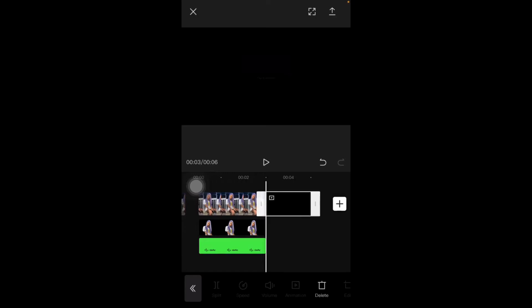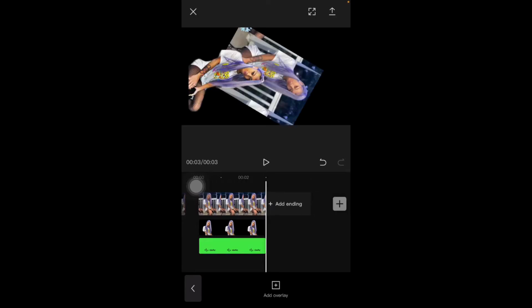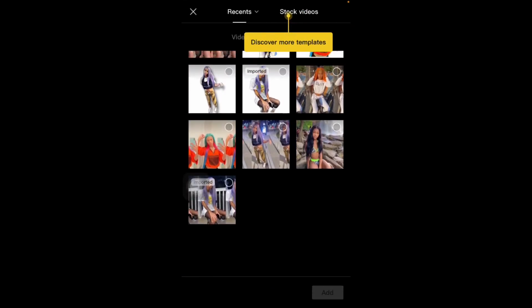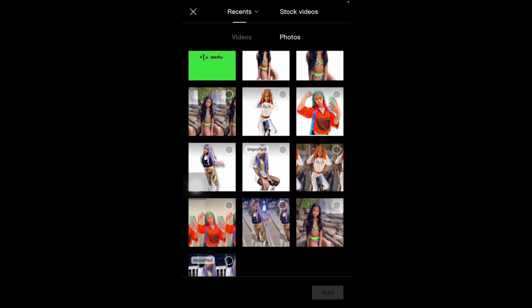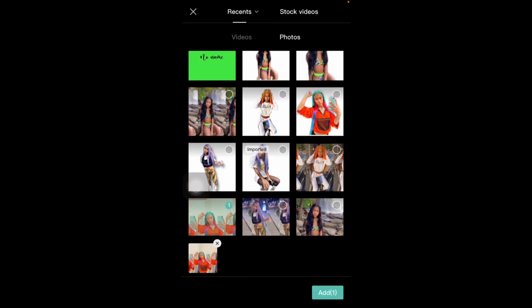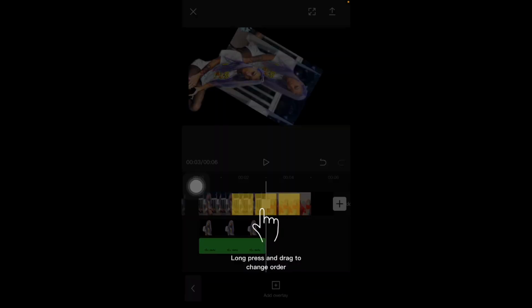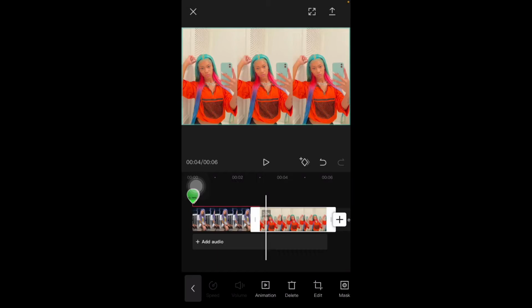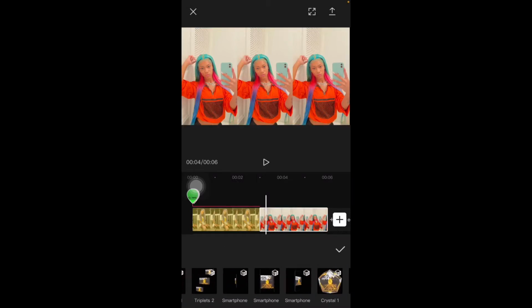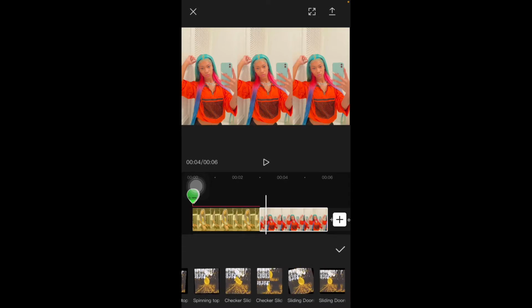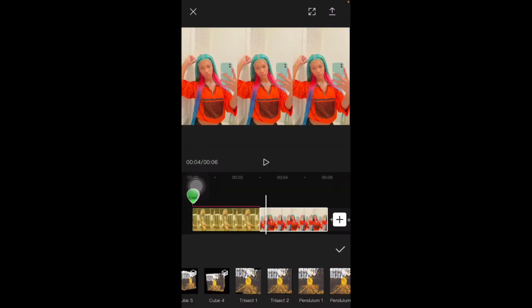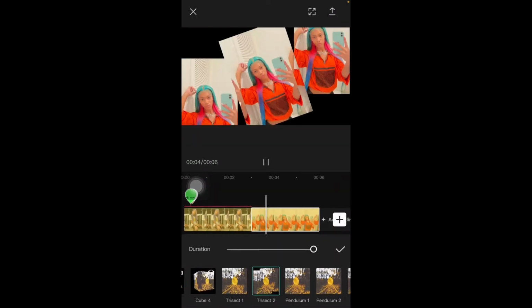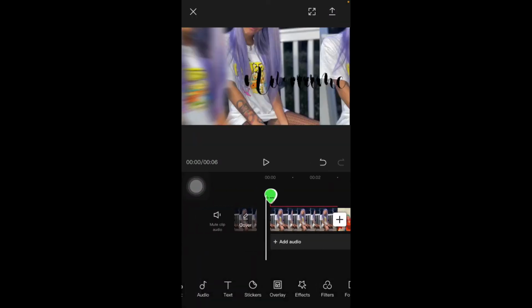So then, you press the plus, the white plus, and it takes you back here. So whatever picture you were gonna use next, just tap that so you can use it, which is this one that I'm gonna use. So you can tap the picture you just got, you can do animation. You can go back to where we got that one animation from, which was the trisect. You can go to trisect 2, which brings it in. So when you play the video, it looks like this,